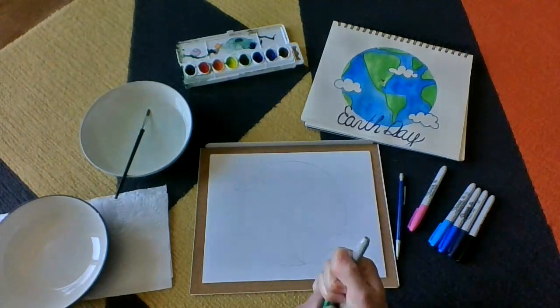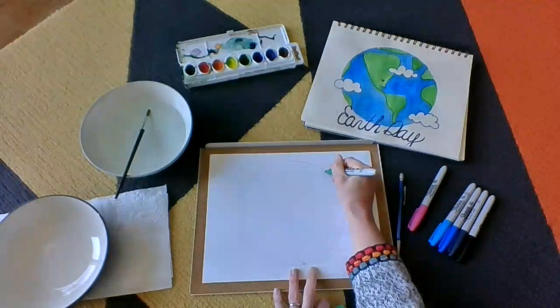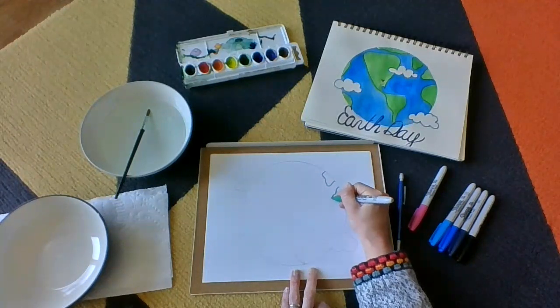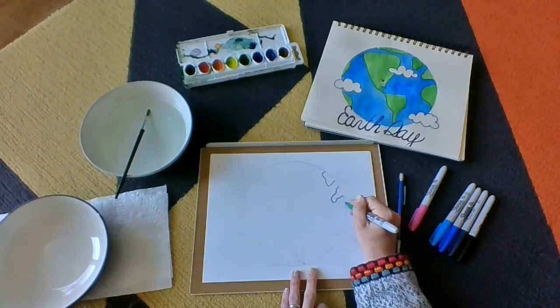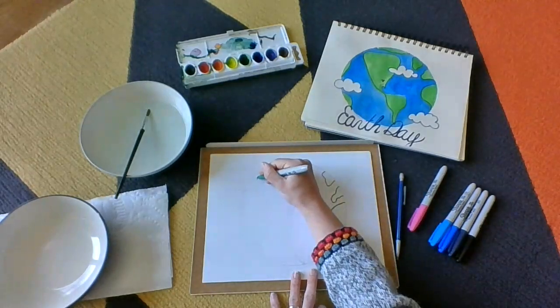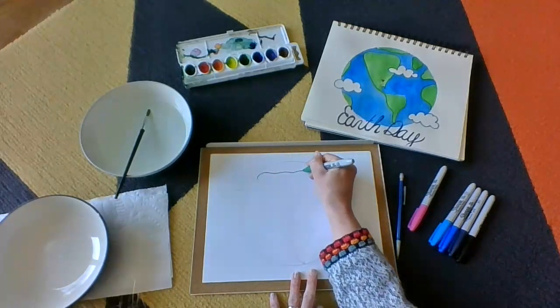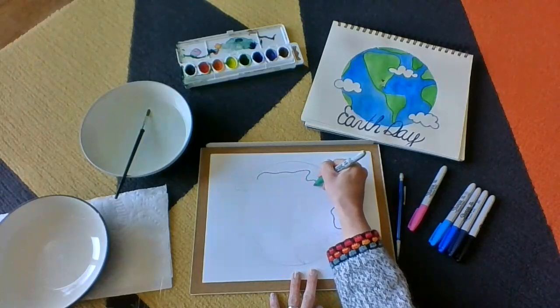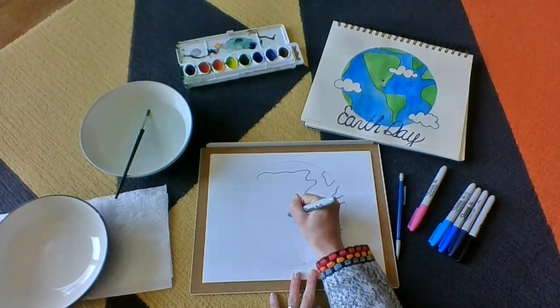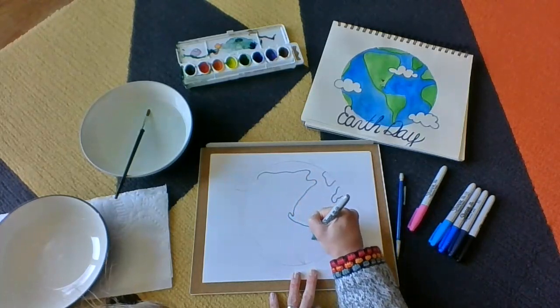I'm going to use my Sharpie markers because I know they won't bleed when I paint over them to get the outline or the contours of my continents here. Also, a good way to practice your continents. Many of you have those memorized already, but here is North America, South America,